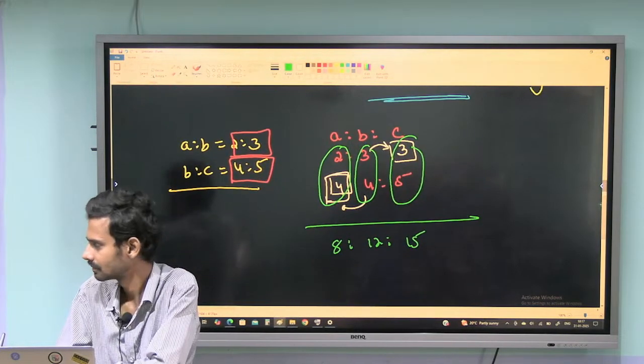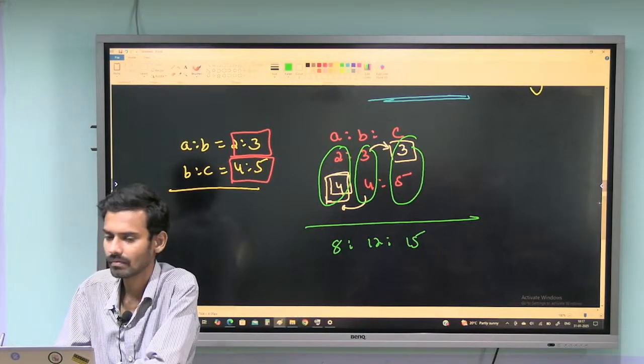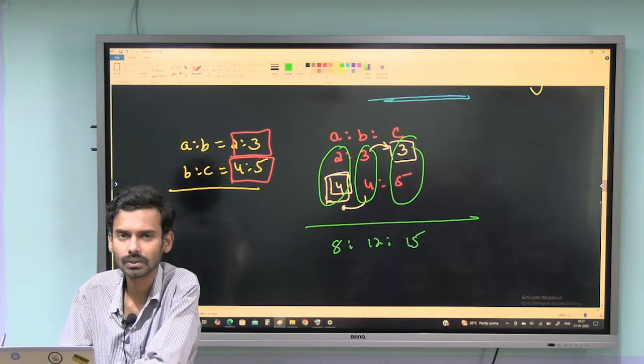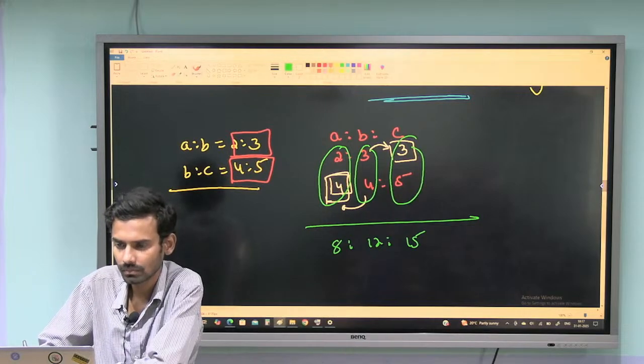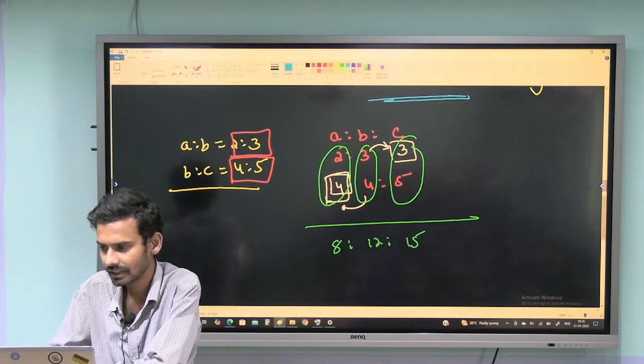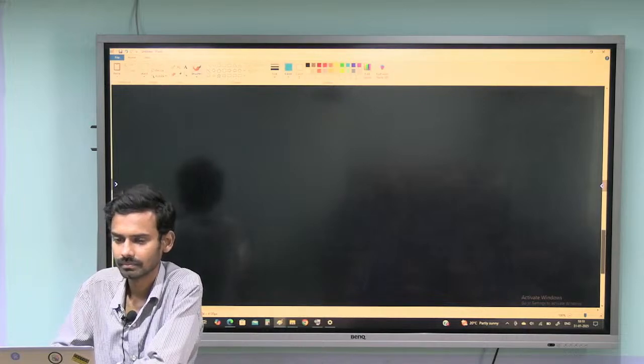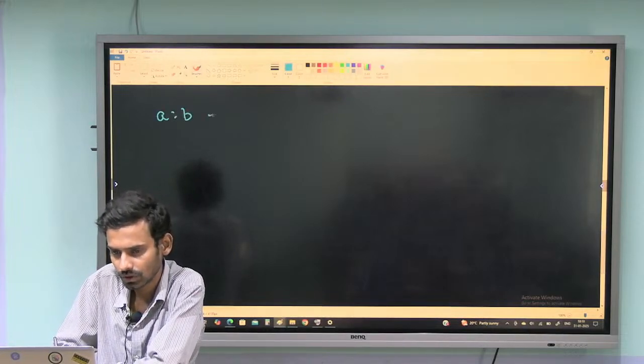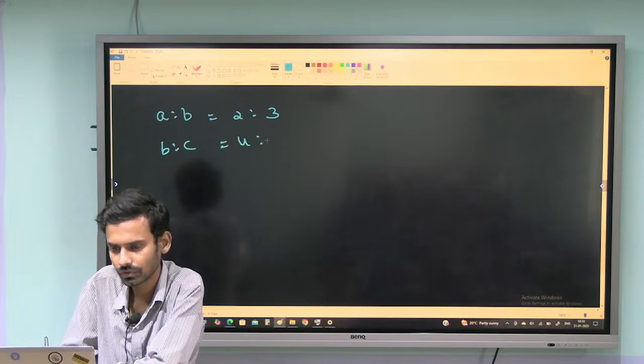Is it so? This is the second method of combining the two ratios. And there is one more method which is called the inverted n method. When A is to B is equal to 2 is to 3, B is to C is equal to 4 is to 5. Now if I write inverted n here,